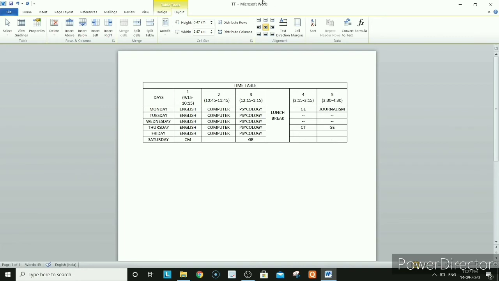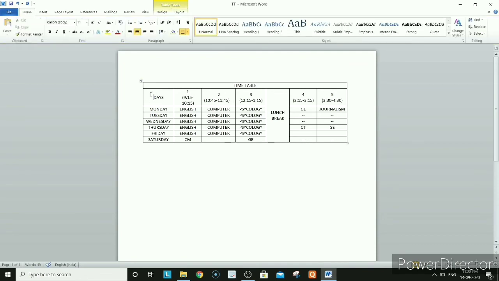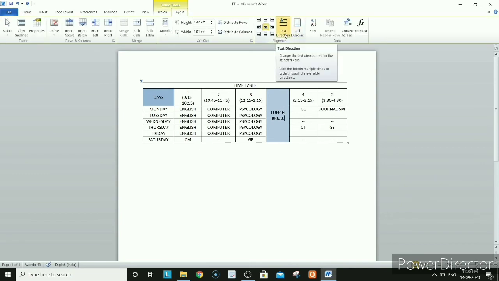So now what you have to do, these days I want to make some color. So come here to Home and select the particular thing. Just select here, and here you will get the options. I want to make it blue color. Come here, see, blue color, like that you have to change. And for lunch break, here also I want some other color. For example I want light blue. If you want the text arranged differently, then again you have to come to Layout, and here you will get the text direction. See here, text direction you can change like this. Okay, this is an option.